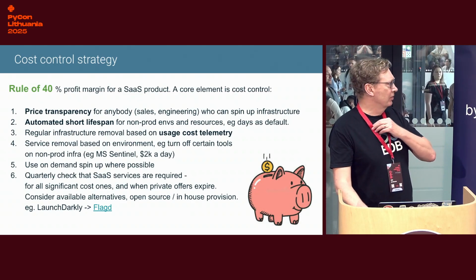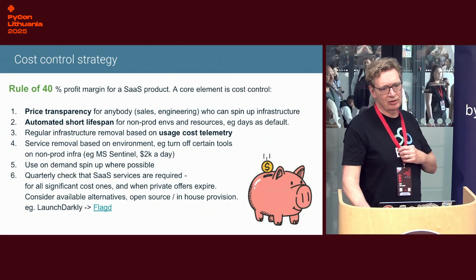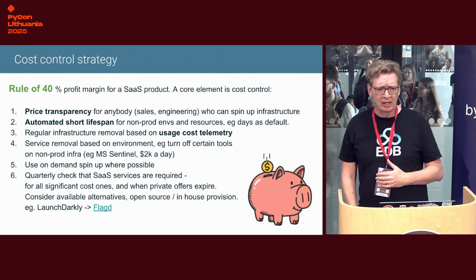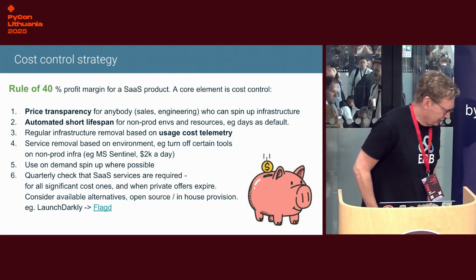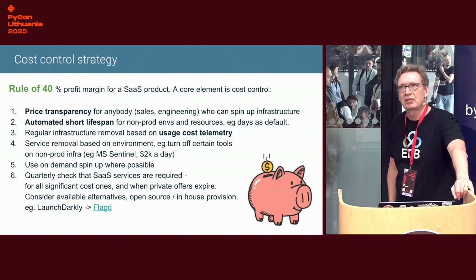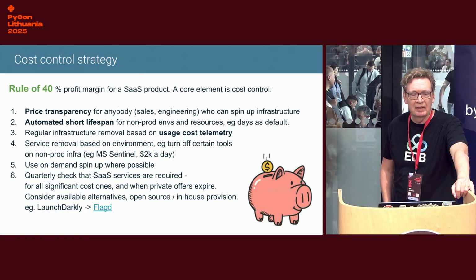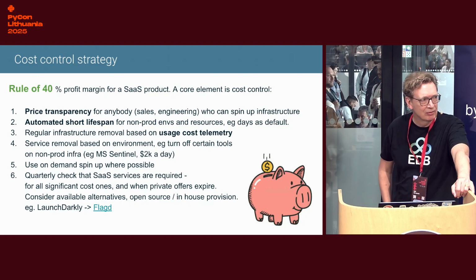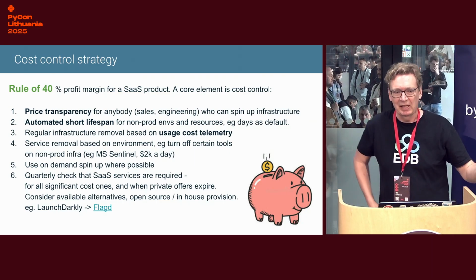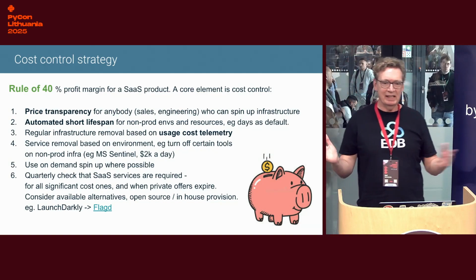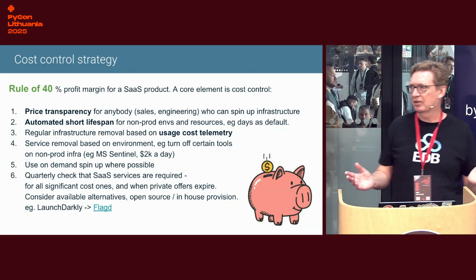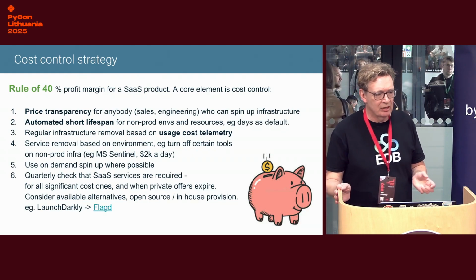So in order to deal with this, you need a cost control strategy. A standard thing, I don't know if you've worked for a startup or an American startup, they might talk about the rule of 40, which is you have to make 40% more than you're paying out on the cost of what you're creating as a cloud service. And one of the big ways of making sure you stay 40% in profit is to cut the cost of what you're actually paying out, because you'll mainly be paying out to the big cloud service providers. So in order to do that,